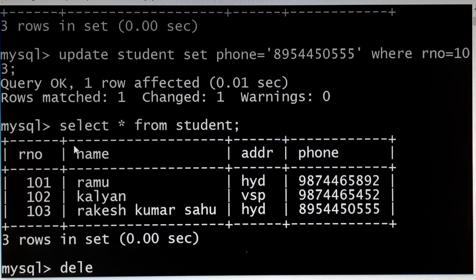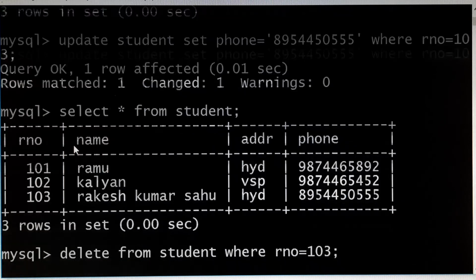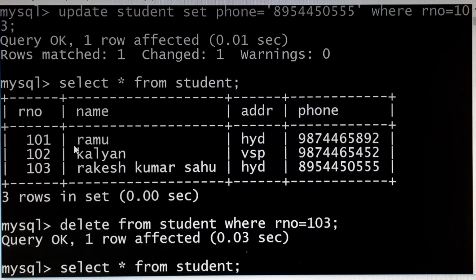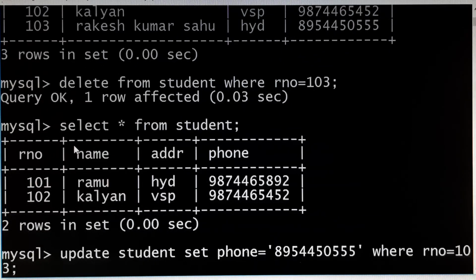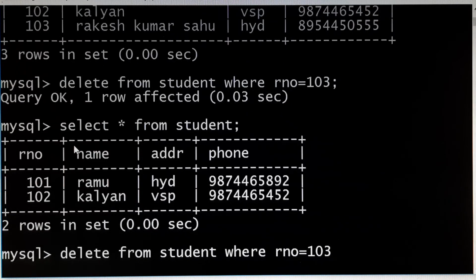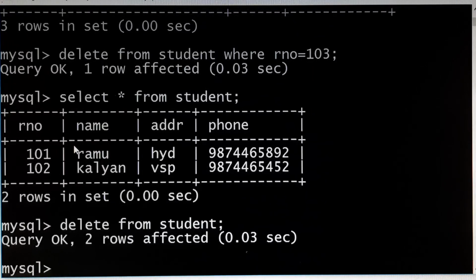So for example, delete from student where RNO is equals to 103, only the third row record with roll number 103 is deleted. If you simply say delete from student without the condition, then all the records will be deleted.